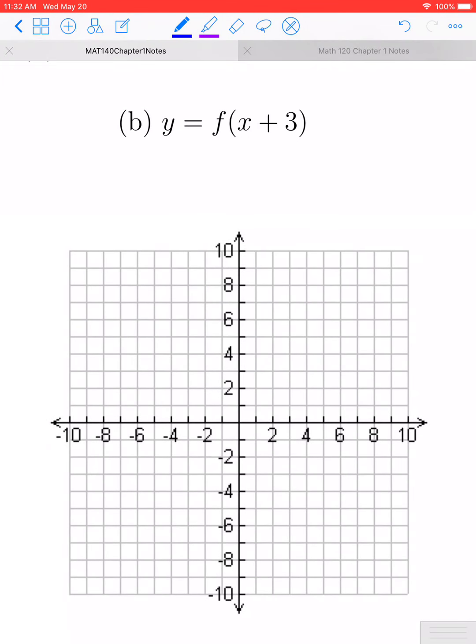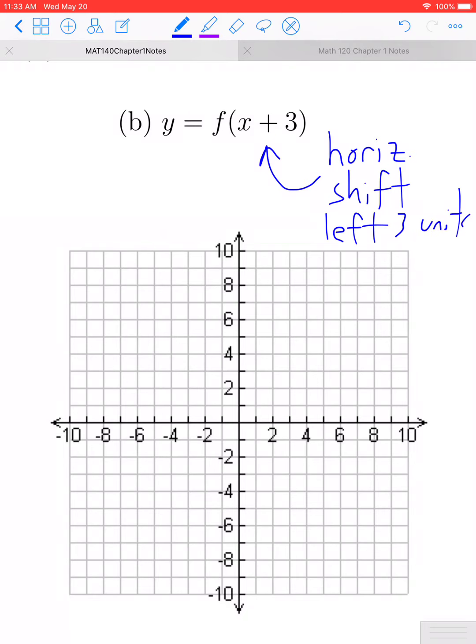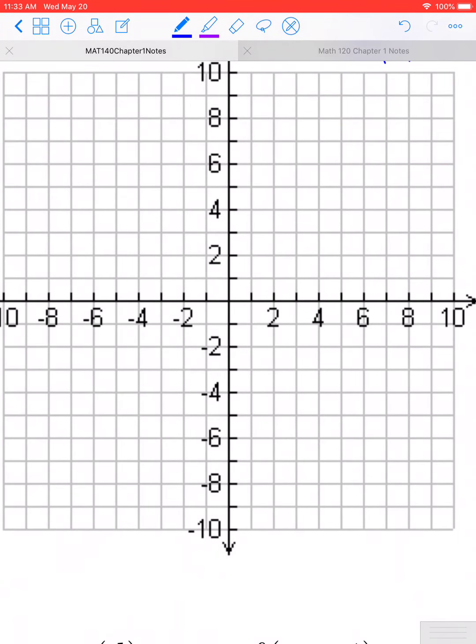For the next one, we're going to graph y equals f of x plus 3. This time the addition is taking place on the inside, so it's going to be a horizontal shift. Adding on the inside actually has the effect of shifting things to the left. There's going to be a horizontal shift left 3 units. Whenever you're doing a graph of x squared, or the parent function of x squared, the most important point to keep track of is, where does the vertex get moved to? The vertex, which was at 0, 0 previously, gets shifted 3 units to the left,